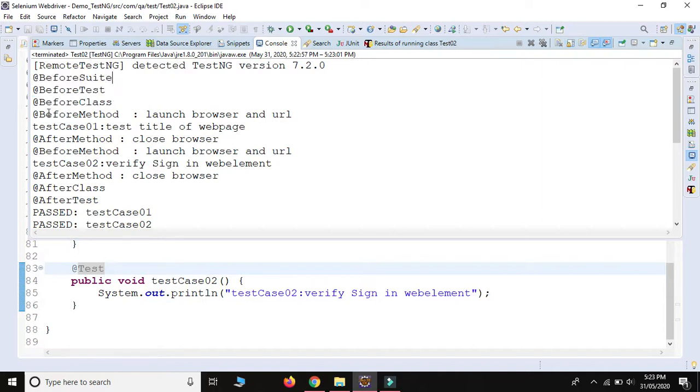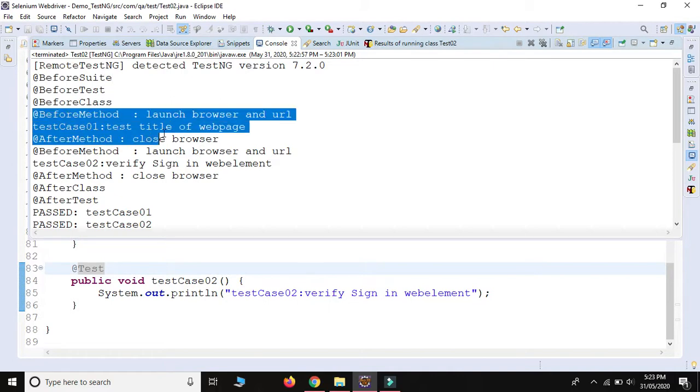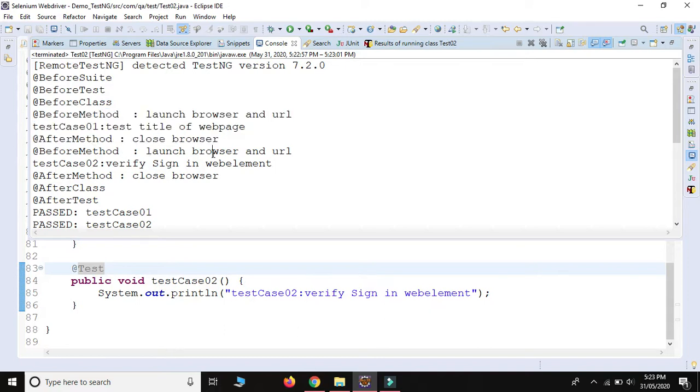Now see this @BeforeMethod: launch browser and URL, then we test the title of the web page, and then we close the browser. But again for test case 2 we need to launch the browser. So again this @BeforeMethod executed, launching the browser. See, two times executed because we have written two test cases. See this one and this one.